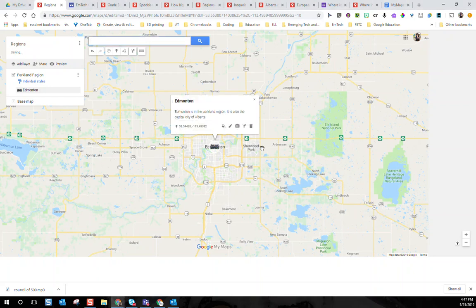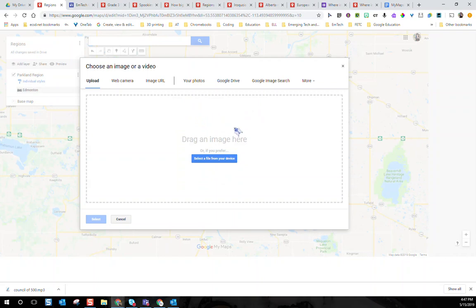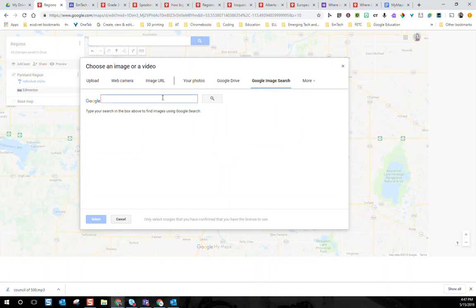I'm going to say save. All right, what's next, Aaron? Let's add a picture right to that marker. So the great thing about this is we can add images and videos, and you can have multiple images and videos in one particular marker. Yeah, you can even add GIFs and they're really fun.